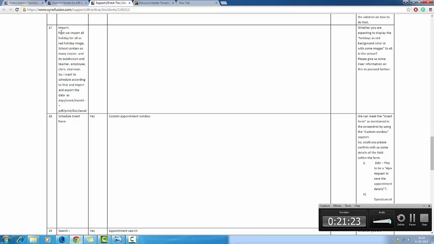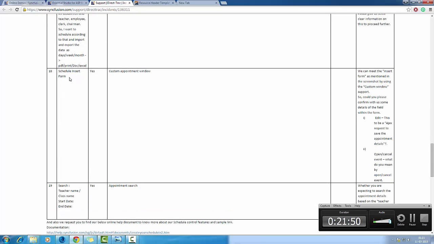So here the first point is holiday. About holidays, we're including it in the school management system. Here I mentioned I want to import some predefined schedule, or directly import it into my schedules. So for points 18 and 19, the schedule insert form or filtering schedule forms. So here, wait a minute,